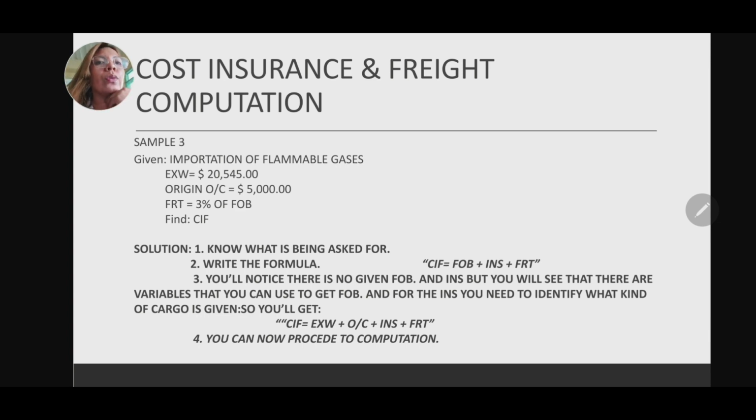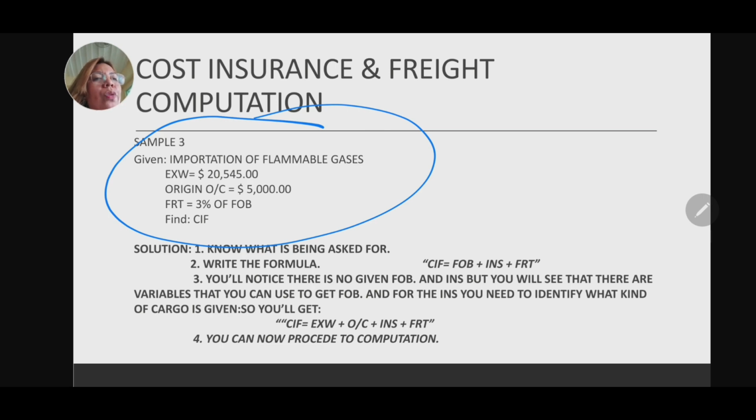So this is how you're going to compute. Again, number 1, know what is being asked for. Okay, so what is being asked for in here is the CIF. And then the next thing to do is write down your formula for CIF. So in this case, CIF is equal to FOB plus insurance plus freight. But on the given, you're going to notice that there is no given FOB, and also there is no given insurance. So the formula that we're going to use is the one with the Ex Works and with the other